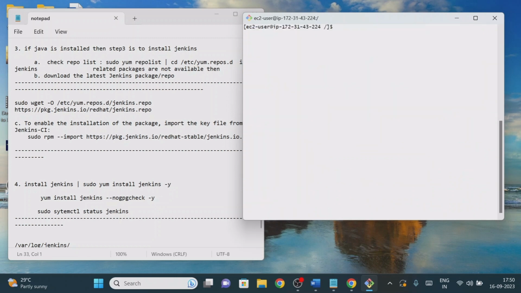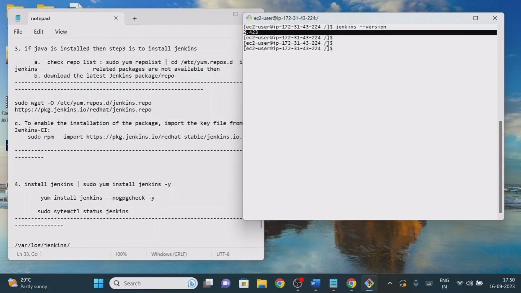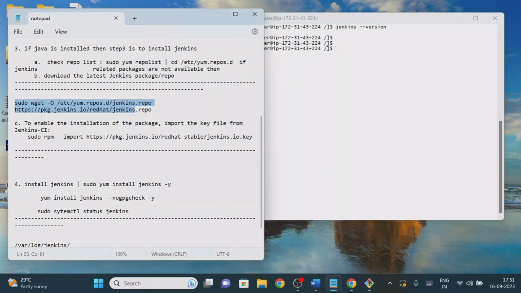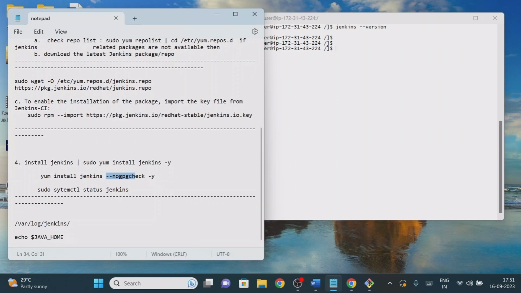Now it is done. Now we will check whether Jenkins is installed or not. For that, we need to use this command. Now what is the version of Jenkins? We have 2.4.2.3. So first we installed the Java package, Java JDK 11. Then we didn't have the repository by default, so we downloaded the repositories. Then we added the key, but we didn't enter the configuration for GPG check, so we used no GPG check. Then we started the installation of the Jenkins software. yum is the package manager name: yum install jenkins.